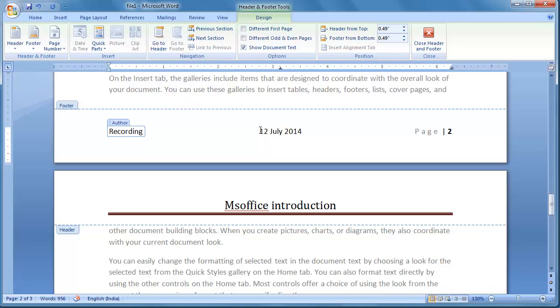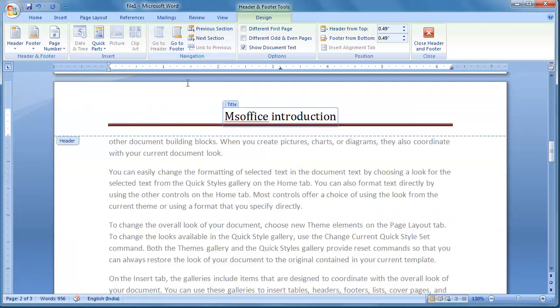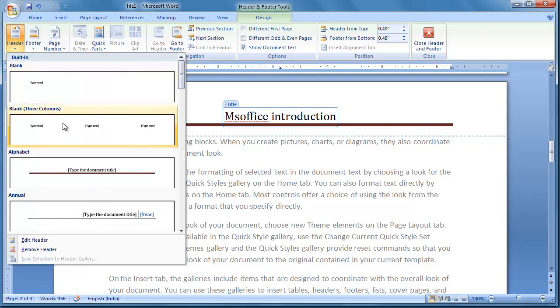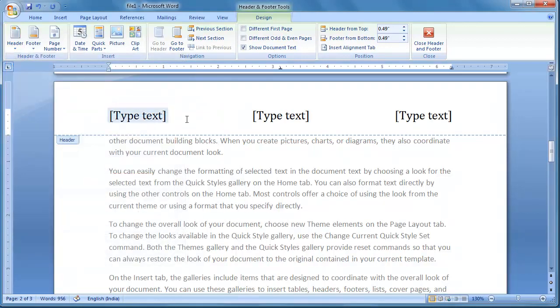Now as we are in the footer, go to footer option is not working. Go to header is working. Now we are in the footer. To move to header, go to header. When we are in the header, go to header option is not working. Go to footer option is working. Now in the header, instead of taking only one column, let us take 3 columns here.